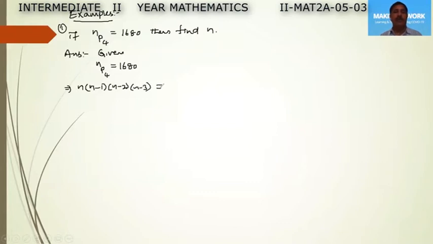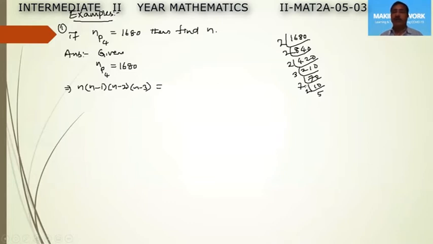And on the right hand side, we also have to express this 1680 as the product of 4 consecutive numbers by taking factorization. 1680: 2 eights are 16, 2 fours are 8, 0, and 2 fours are 8, 2 twos are 4, and 2 twos are 4, 2 ones are 2, 0, right? 3 sevens are 21, 0, and 7 ones are 7, and 2 fives are 10. So the highest prime number here in the factors is 7. So now let us see how we can express this as the product of 4 consecutive numbers.